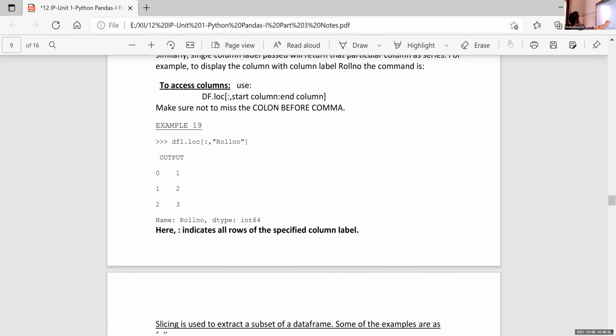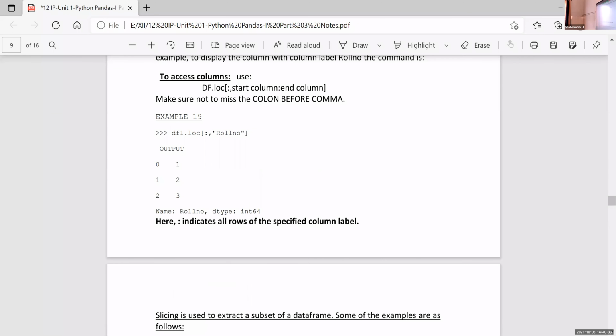Access columns. So to access columns, start with an empty colon, then give the start column, end column, or you can give the column name only. If you want to display roll number only, you just write the roll number.